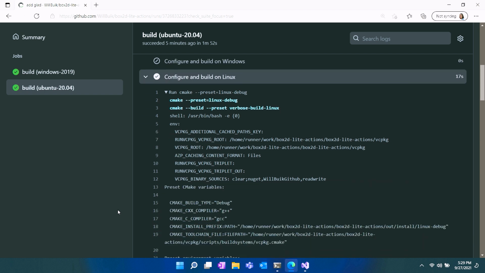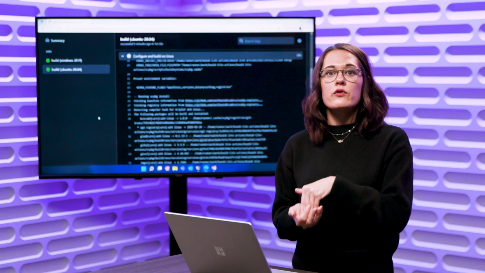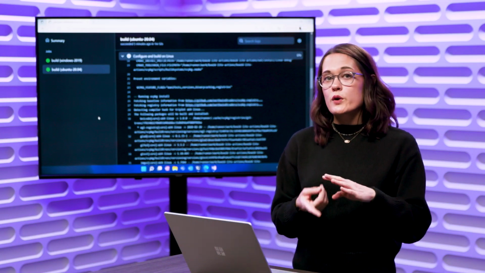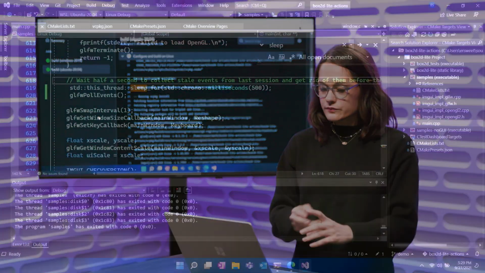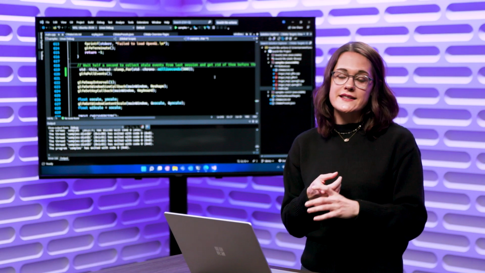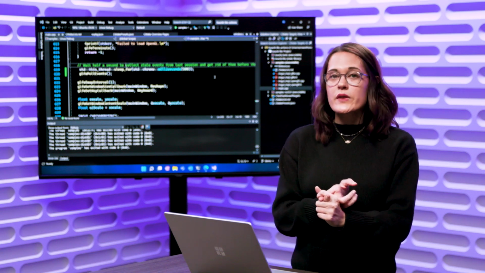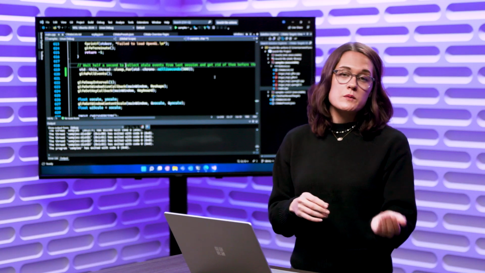In the same vein, VC Package is downloading and installing the exact same binaries that I was using in Visual Studio for local development when I was targeting both Windows and WSL. Finally, if you're not using CMake, then Visual Studio has remote debugging tools that you can use to debug on both Linux and Mac. So brand new in Visual Studio 2022 is the ability to attach to a remote process